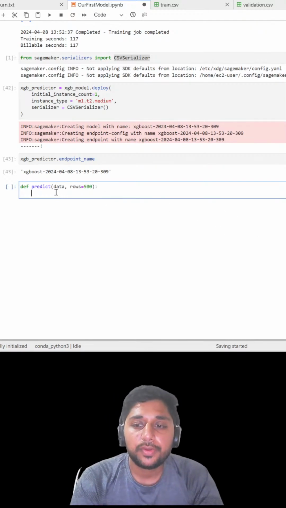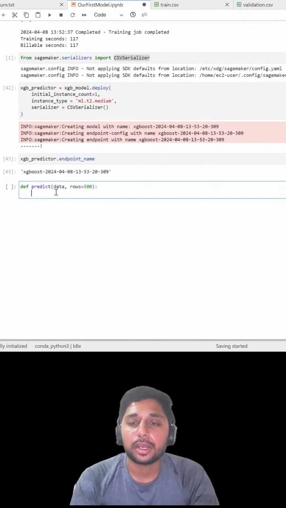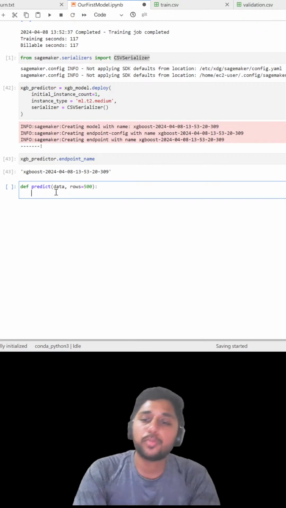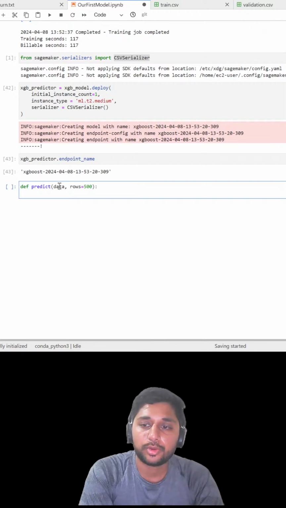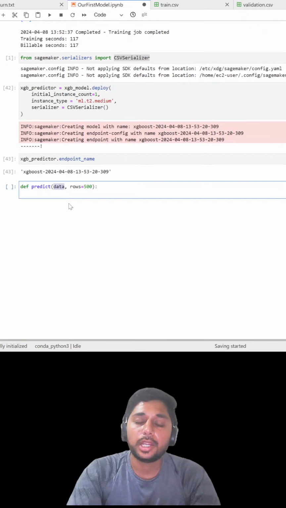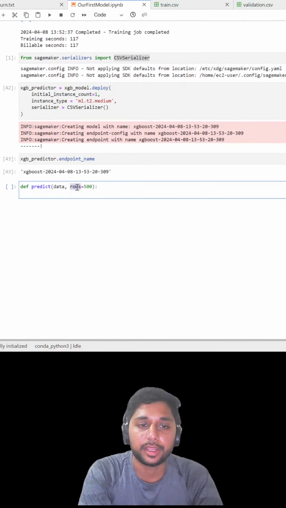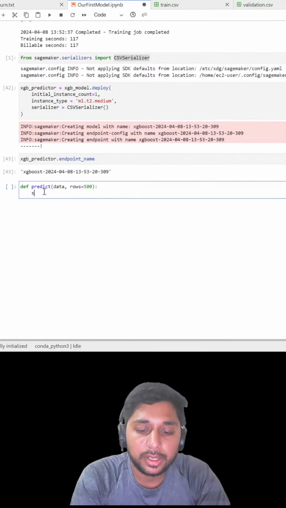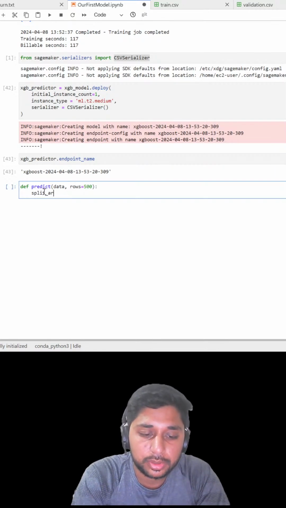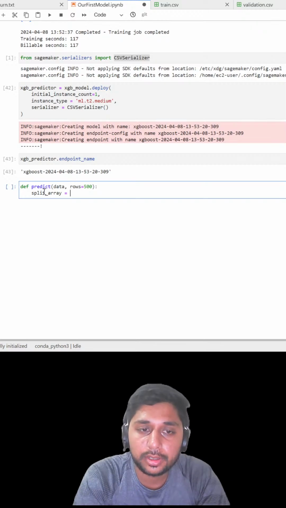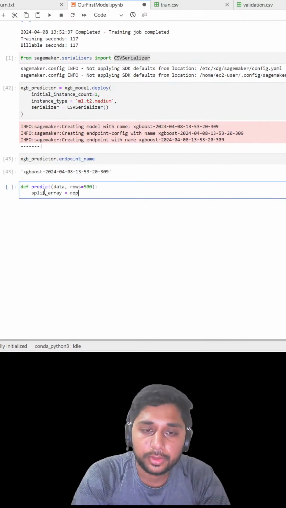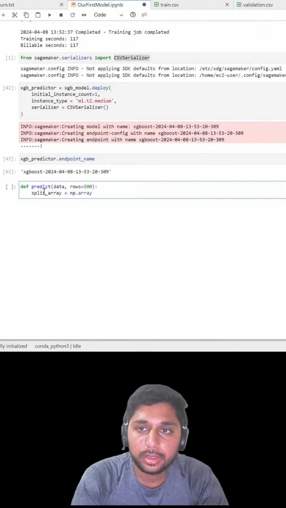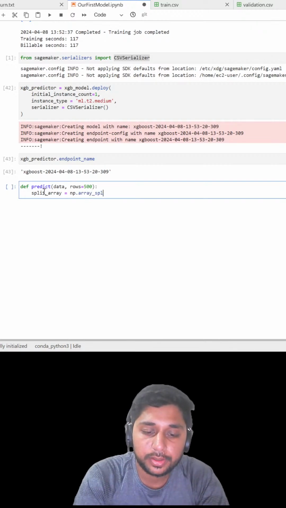So what we will do is first split our input data, the test data set basically, into smaller arrays, with each array containing a maximum of the rows which we have defined here. For that, I'm going to make a new variable here and utilize the NumPy library to split it. Array split,